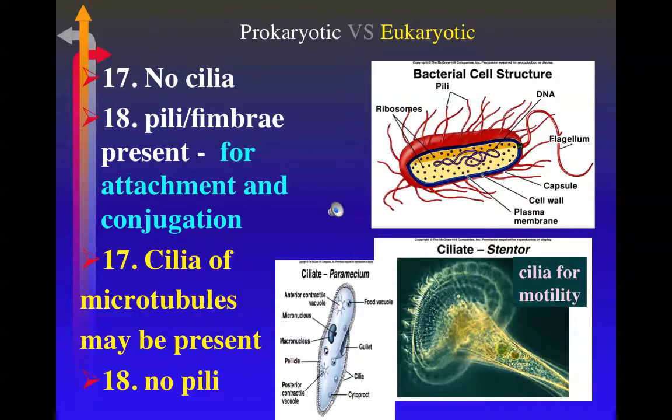Other kinds of structures that are unique to prokaryotes, but you will never find in eukaryotes, are the pili. Pili, also called fimbriae, are for attachment and conjugation. We'll talk about conjugation later in the semester when we talk about lateral gene transfer. But needless to say, the pili are short, tiny little projections that might be found on certain types of prokaryotic celled organisms, and again, they allow the organism to either stick to surfaces or exchange genetic material.